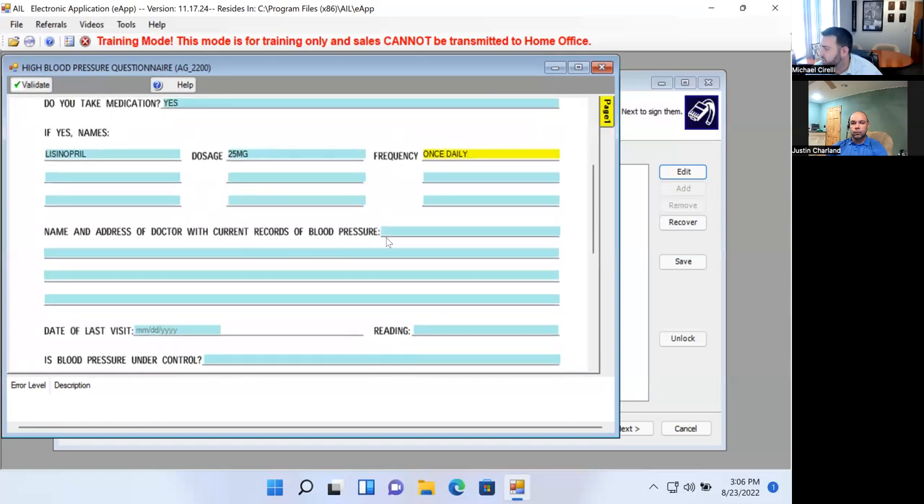Name and address of doctor with current records of blood pressure. The reason I keep typing this in, a lot of people will tell you, and I used to do this, Nick was actually the one who helped me with this. A lot of people will put same as main app. The problem is underwriting looks at that, and yeah, they can look back at it, but it just helps them. So as you can see, if you just type doctor